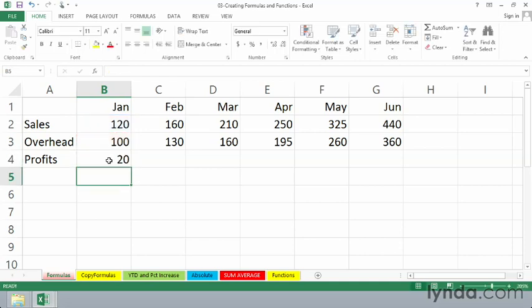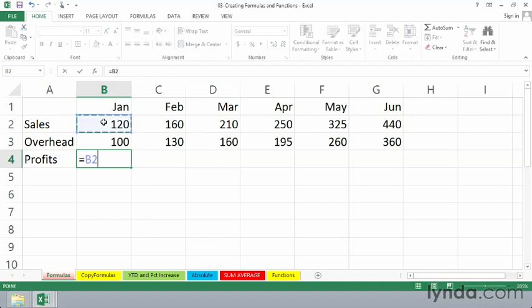Might seem a little awkward at first, and it's certainly not very efficient if the cells referred to are hundreds of rows away. Nevertheless, in some situations, it can be reasonably fast. A third way involves using the mouse and keyboard together, which makes it sound not too efficient, but it can be pretty fast too. Equal, use the mouse, click on cell B2, put in the minus on the keyboard, and with the mouse, click cell B3. Here too, we're not typing addresses. Same formula, same answer as we've seen before.